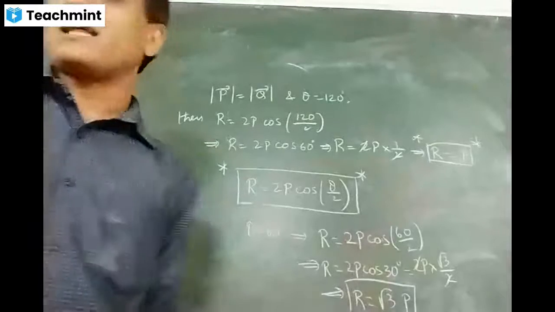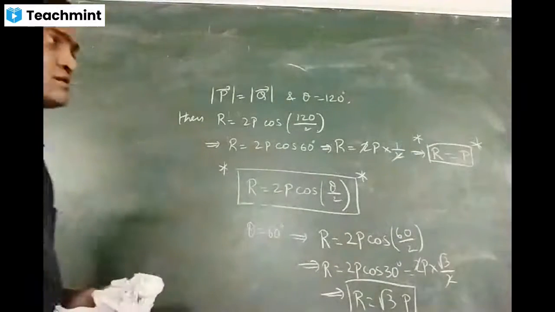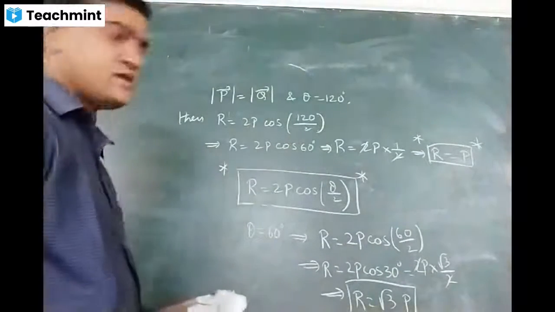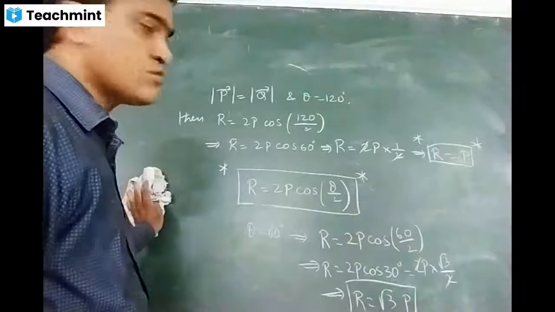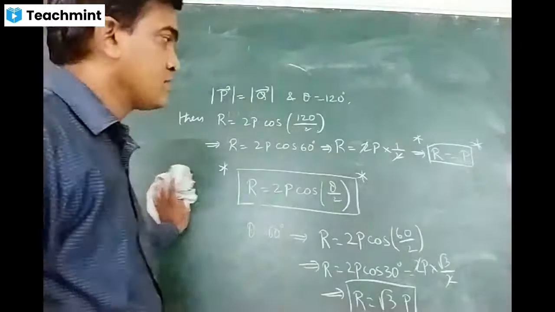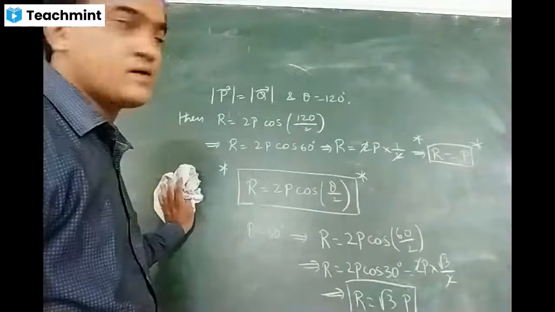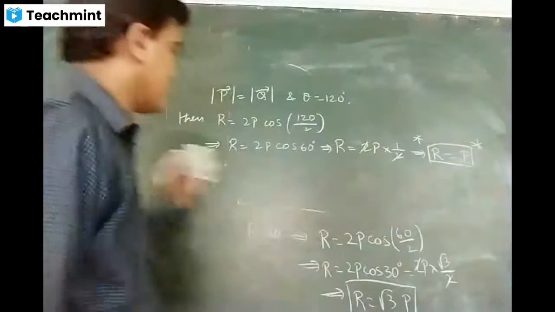Resultant is also equal to one of the vectors, because here I have taken magnitudes of two vectors as same. Now in this case, can I say that P is equal to Q is equal to R? Yes, sir. Magnitudes are same, so P is equal to Q. So we can consider. Yes.